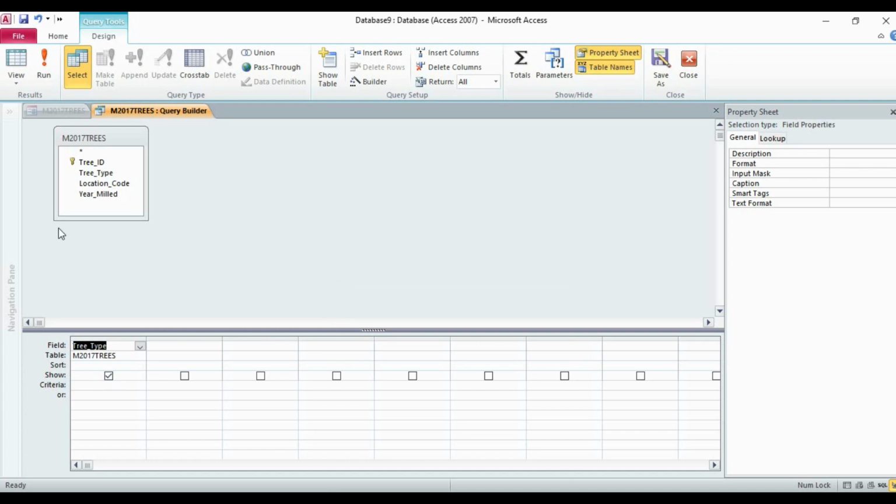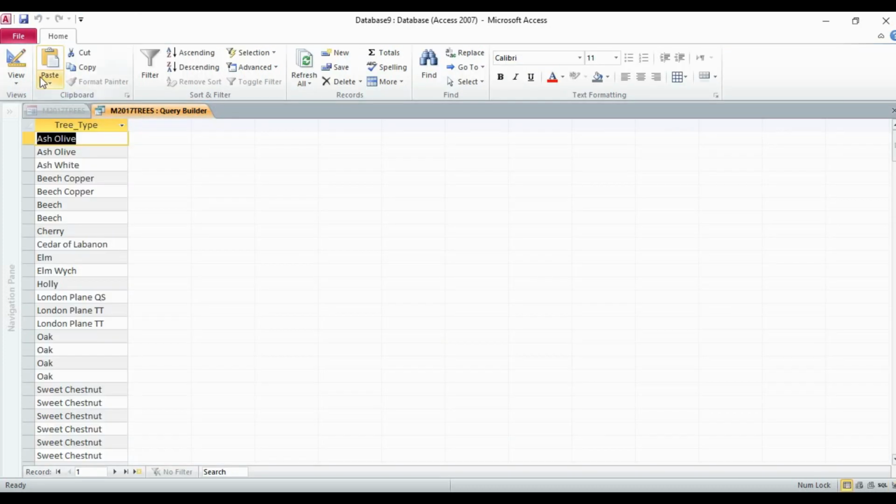So now when I click on this run button, see what will happen. Now from all the records of the trees table, I have this tree type with all the values available in this tree type field. Now there is a repetition of the values. A drop down list should not have repetition of the values, but here we can see the repetition. So what is the benefit of using a drop down list? Because we do not want repetitive values in the drop down list or the combo box. Now I'm simply closing it.